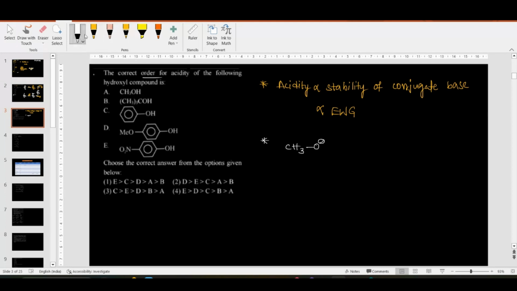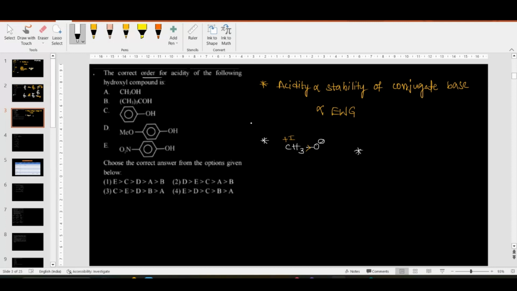So you can see here, this oxygen has a negative charge. It should be stabilized with the groups. Here this CH3, due to the plus I effect, is giving electrons, so it is destabilizing this negative charge, so it is comparatively less acidic. Let's compare